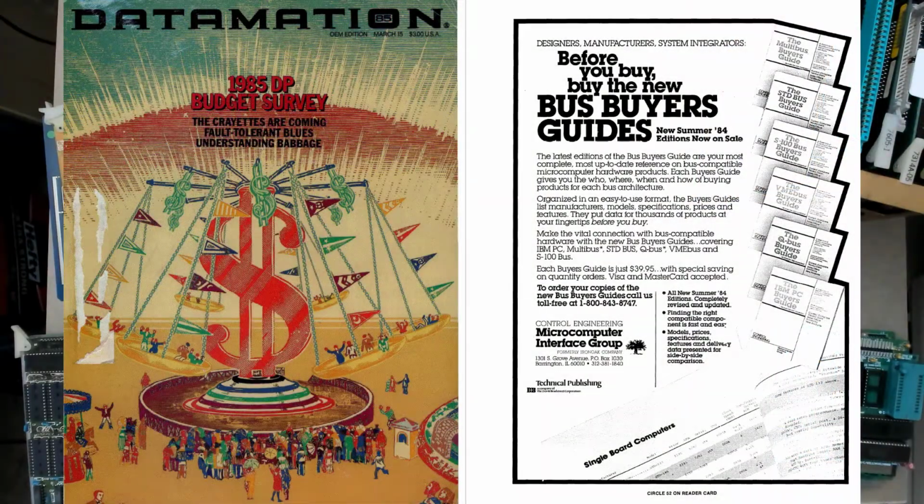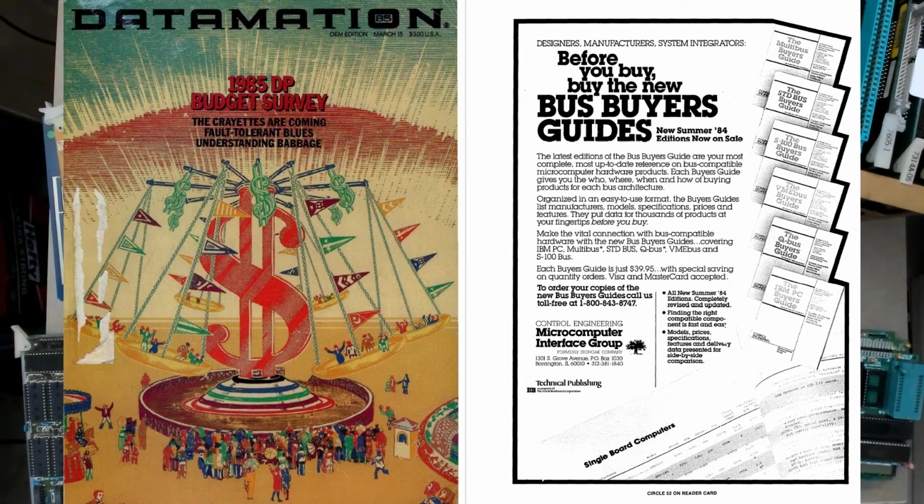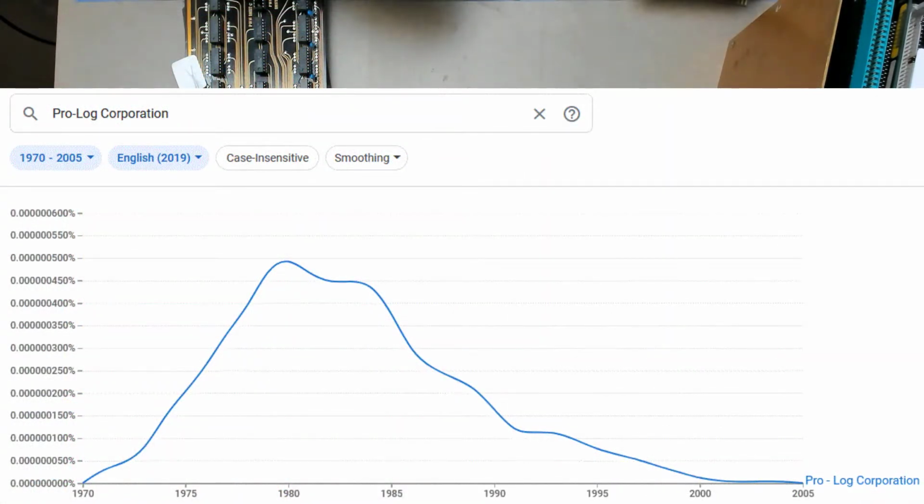Within another few years, in the mid to late 80s, the number of STD manufacturers had doubled again to at least 100 companies. And by 1990, STD had become an IEEE standard. It was the IEEE 961. And in the early 90s, there were 150 manufacturers of STD bus hardware. You could get an STD bus card for anything that you could think of. Now, after Prolog dropped the programmers as a core product line, they entered into a bit of a slump. And Ed Lee left as CEO in 1989, and Prolog would go on to be purchased by Motorola in 1997.